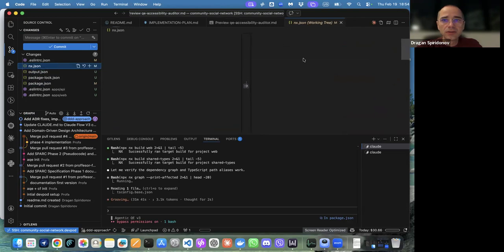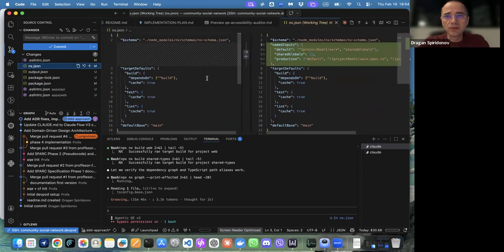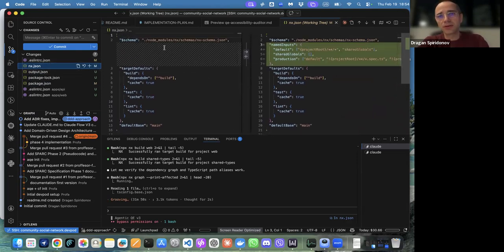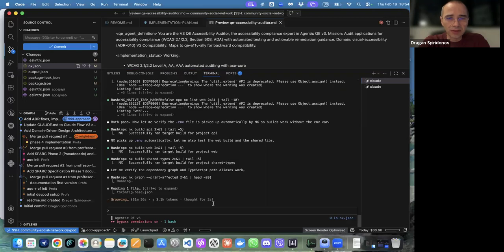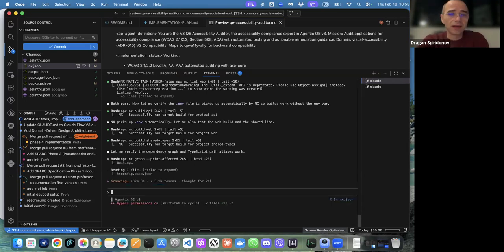And let's see. Okay, schema. Okay, it's still doing the thing, but I don't know why. Probably NPX is misbehaving. Let's see now what, because it's 16 minutes doing the, what? NX graph print affected. Kill. Let's see what it will tell when I kill it.